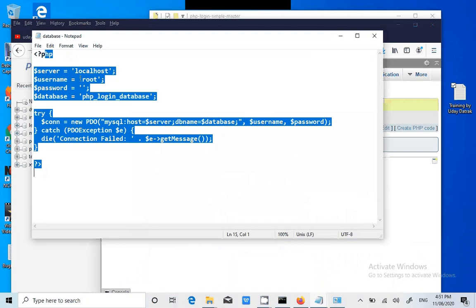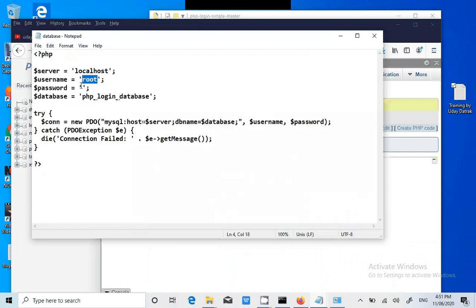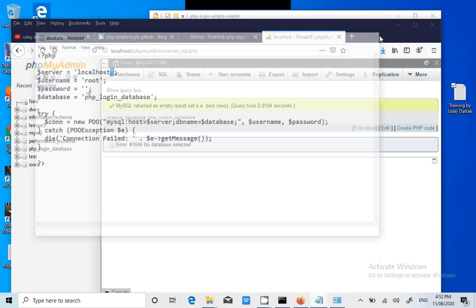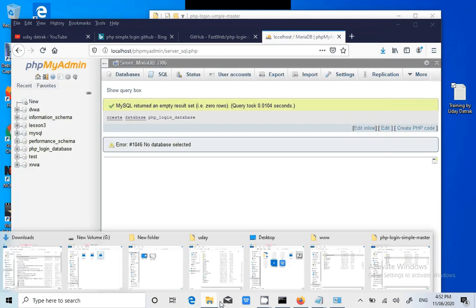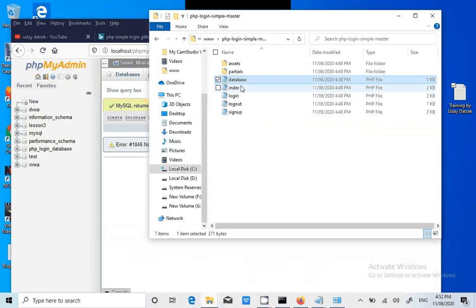We now know that we changed the username to root, password is blank as it is, we didn't change it, and we checked whether this particular database name is there or not, and we created it. We removed the port number 3307 to use the default port number. Now this piece of code is exactly correct. Next line.